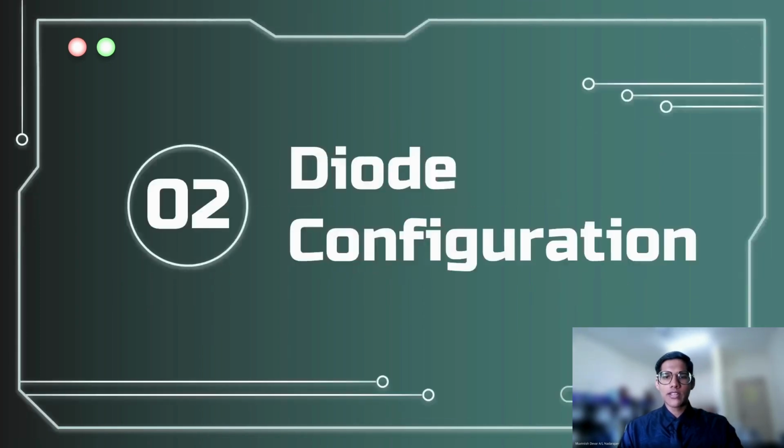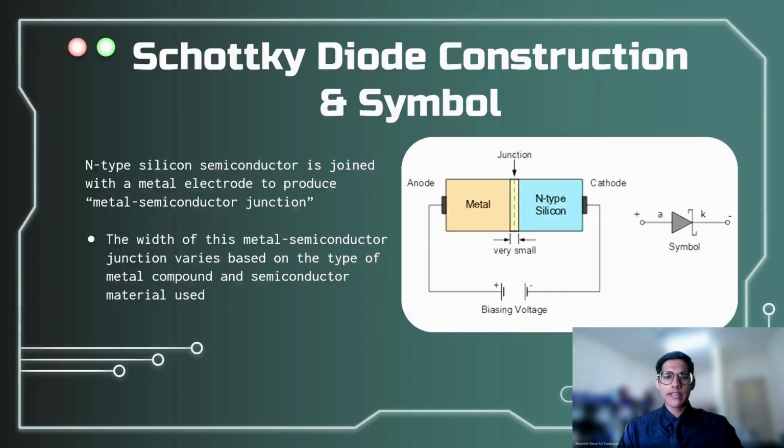As we look into the diode configurations, based on the diagram on the right, we know an N-type silicon semiconductor is joined with a metal electrode to produce a metal semiconductor junction. Unlike the PN junction diode, the Schottky uses metals like gold, tungsten, platinum, or aluminum instead of the P-type semiconductors. The width of this metal semiconductor junction varies based on the type of metal compound and semiconductor materials used in